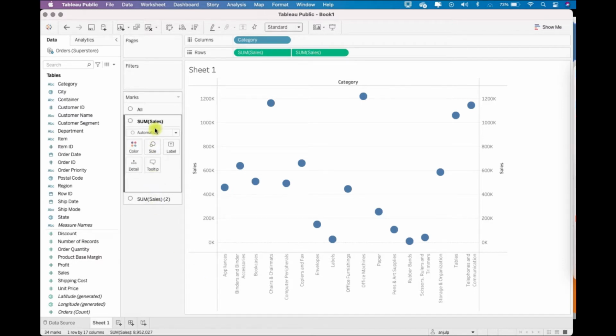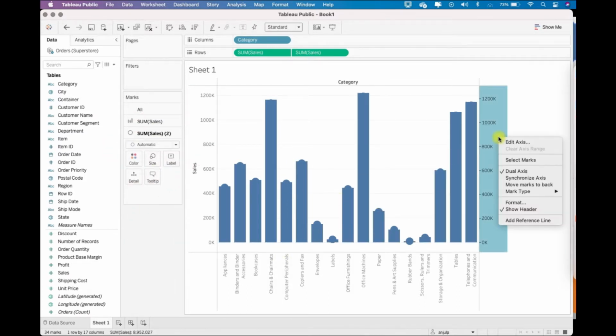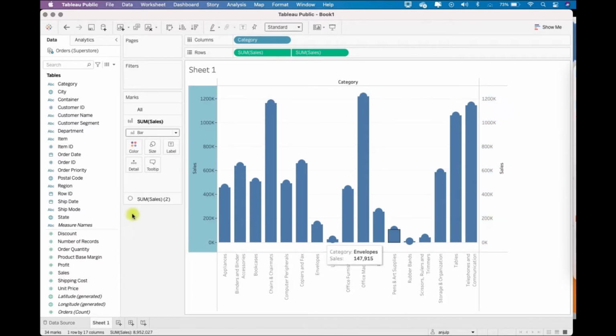Now we have the dual axis chart over here, and two marks have been generated. The first mark we want as bar, and the second is circle, that's fine. You can also synchronize the axis in the dual axis. Always remember this option. Now we just have to play around with the formatting.